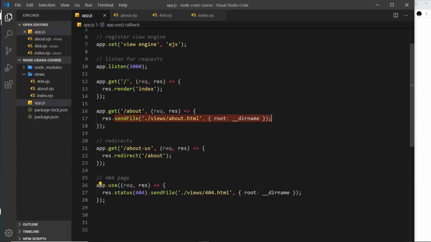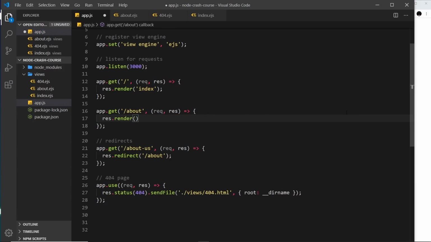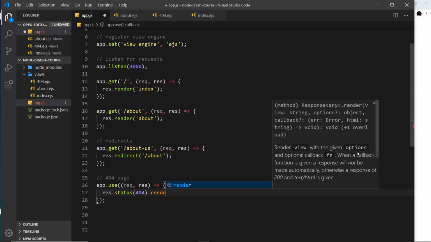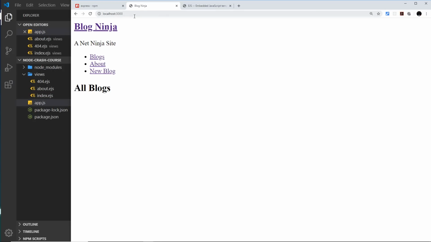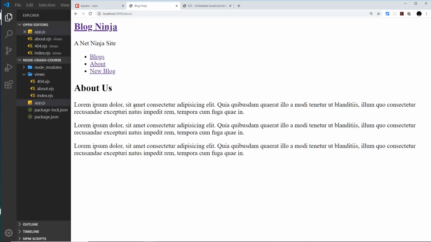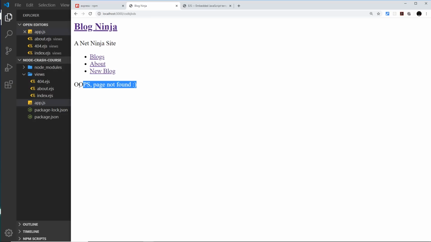Let's go and render those right here. So instead of this, we can say response.render, and we're going to render this time the about view. And then down here at the bottom, instead of all this, we want to take that off. We're going to keep the status because we still want to set that to 404, but then we can say .render, and we want to render the 404 view. So let me just test this out. Come over here to the browser, and let's try clicking these links. If we go to about, then it takes us to the about page. If we go to another URL that doesn't exist, then we get the page not found. This one still doesn't exist yet either, the /blogs/create URL,